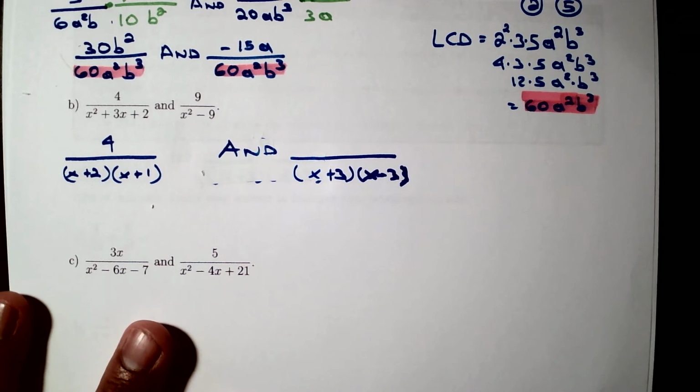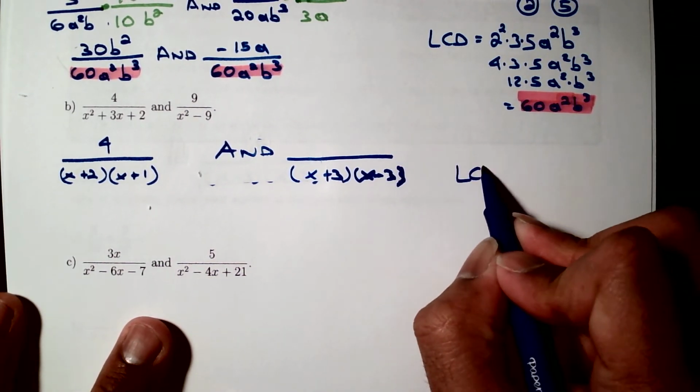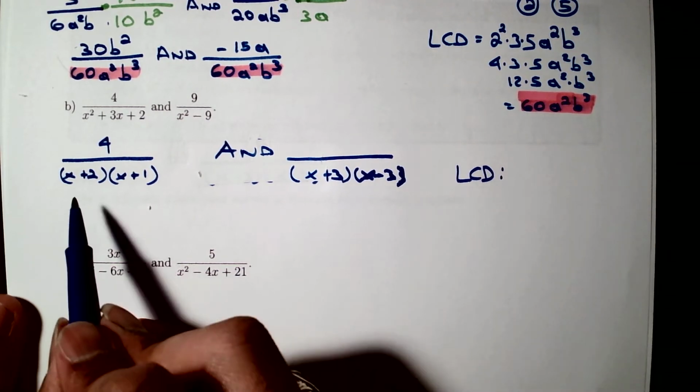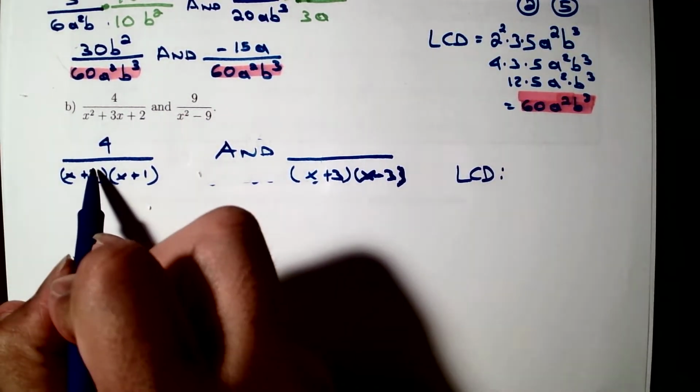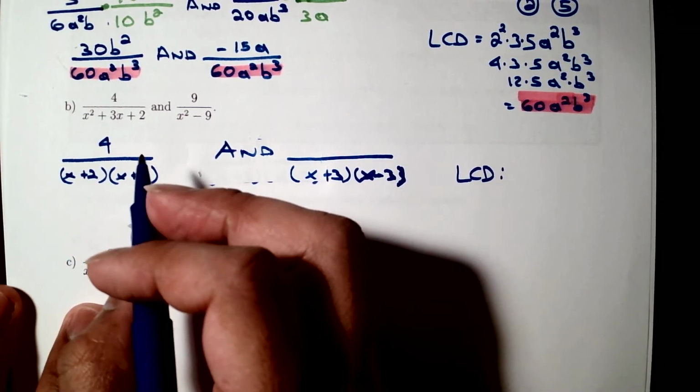All right, x plus 3, x minus 3. So we need to find the LCD. The LCD will be the product of every single distinct factor. That is, we have x plus